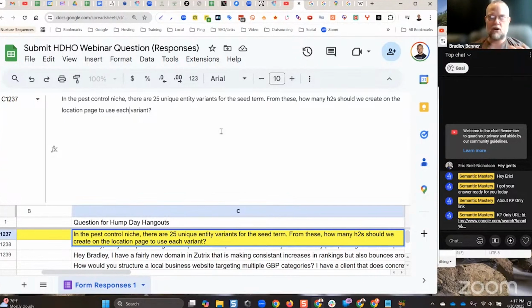If it is a clear local intent search query, and Google's very clear about it, then the location page is what should rank, not the service page, not the home page. So there's no reason for the location page to just have a wall of text with 3,000 words of content,